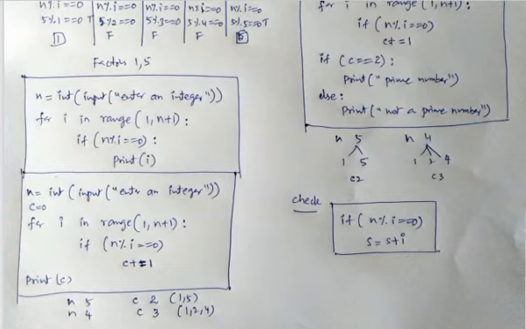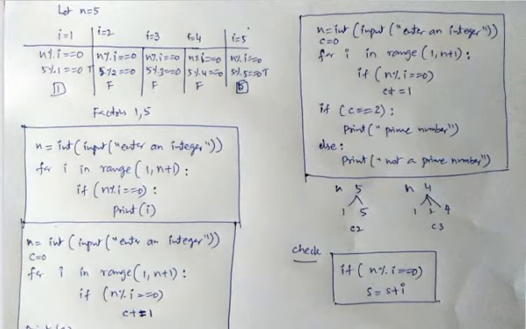Try to observe the steps. When n is 5, your c is 2, means 5 is having only two factors, 1 and 5. When n is 4, you have c as 3, that is you have three factors, 1, 2, 4. 4 is divisible by 1 and 4 is divisible by 2 and 4 is divisible by 4. So first program is to print the factors of any number, and second program is to count the number of factors of any number.